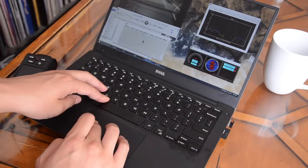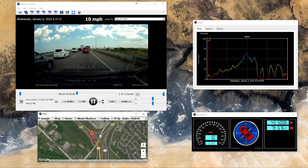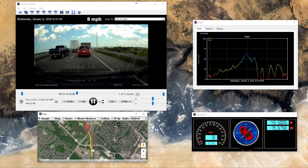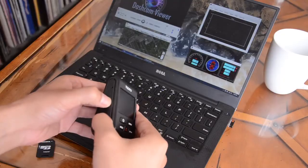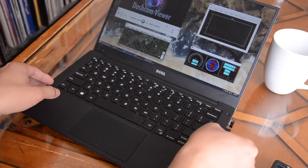To play back videos, you can use any modern player like VLC, but to see your speed and position, you will have to download the third-party dashcam viewer program. It will show your route and speed on a map, which is useful if you have teenagers or guests using your vehicle. If you take out your SD card to watch videos on your computer, or use a new card,